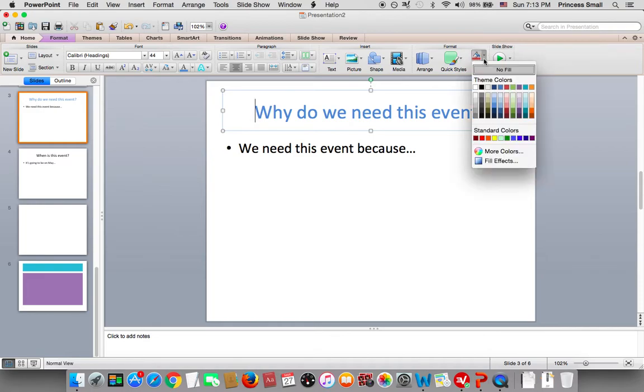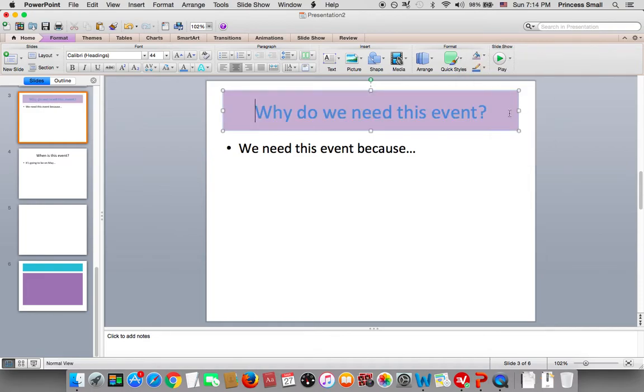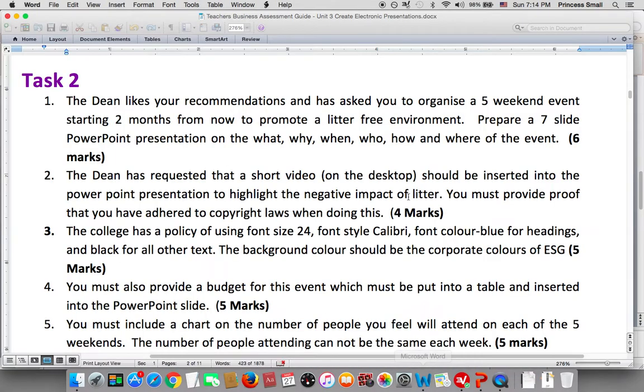Again, maybe we can just kind of do like that. Change the color a little bit. Okay, and make sure this is Calibri. Okay, it is Calibri. Check your font, Calibri. Next, oh, sorry, font size 24 as well. Okay, font size 24. Number 4, you must also provide a budget for this event and put that in a